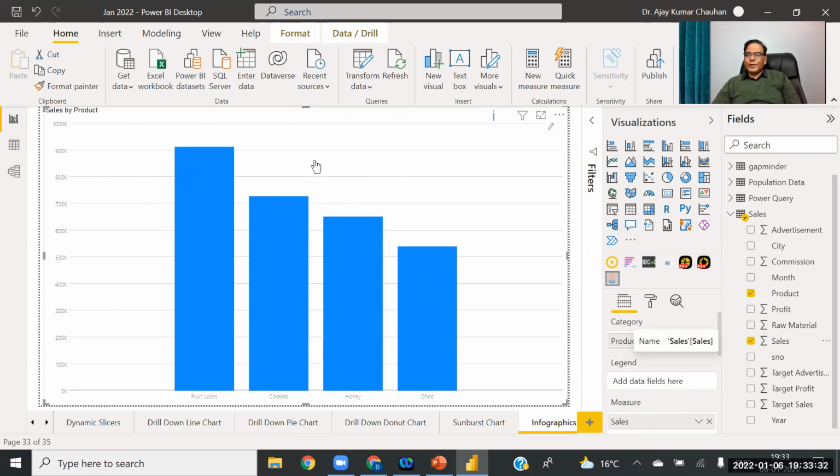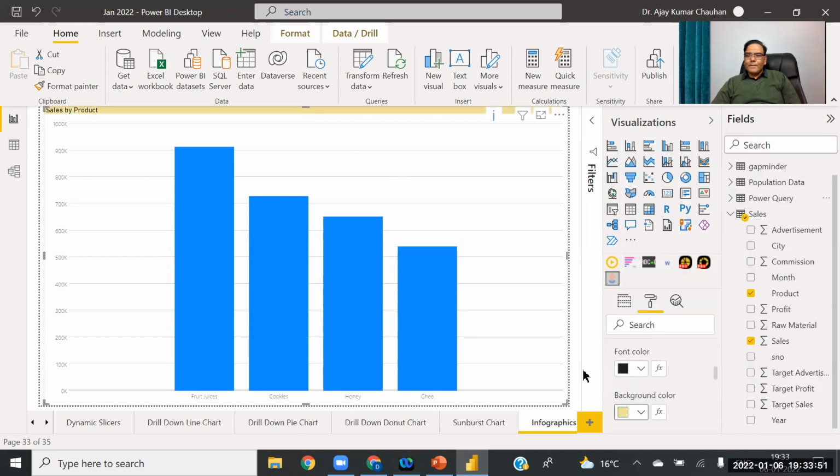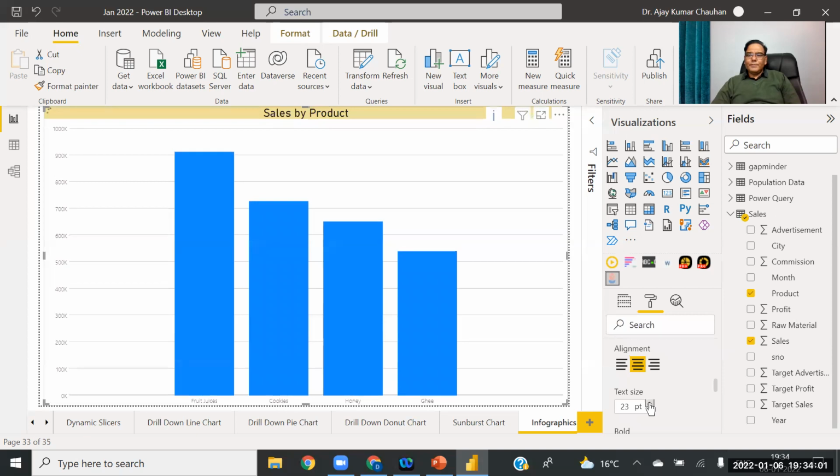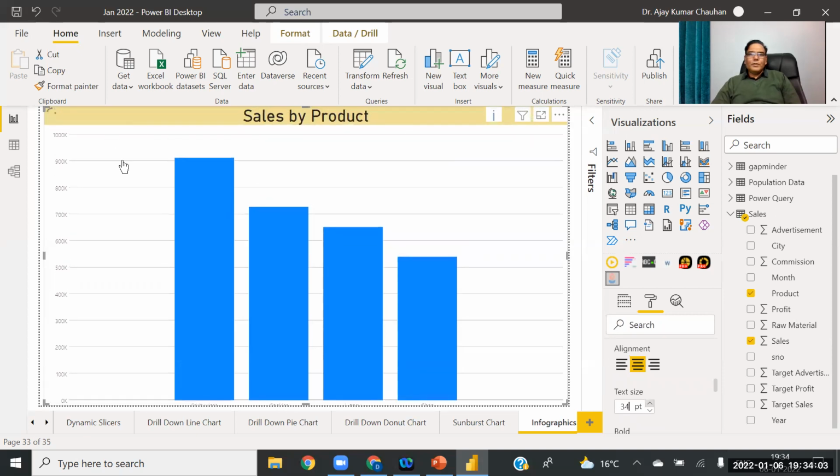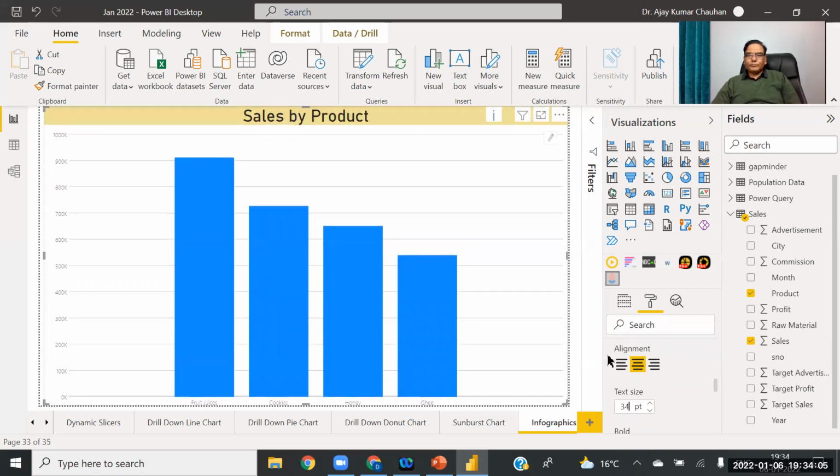First of all, let's do some formatting. In this chart, we have to do some formatting first. Go to the format option, and first I want to fix the title. I always keep the background in the title, central element, and increasing sales by product.